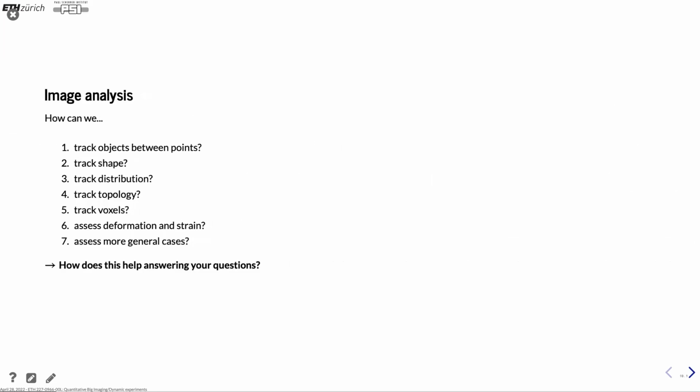And with the image analysis, we have questions like, how can we track objects between different points, being sure that it's the same object all the time? We can also talk about tracking the shape. So if we truly have identified these objects, are they changing, and how can we look at changes in these parameters? And then we have a lot of different details here, like tracking distributions, topology, voxels, individual voxels, and more